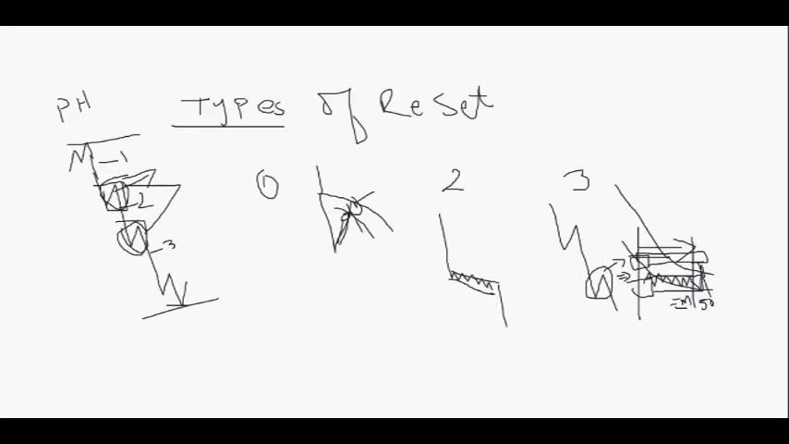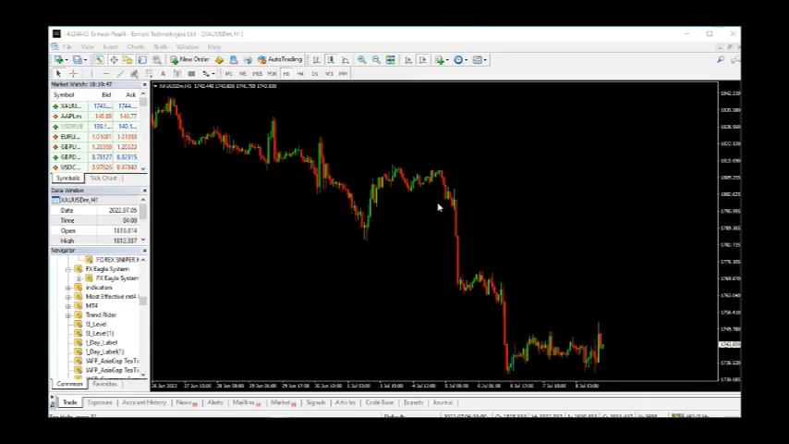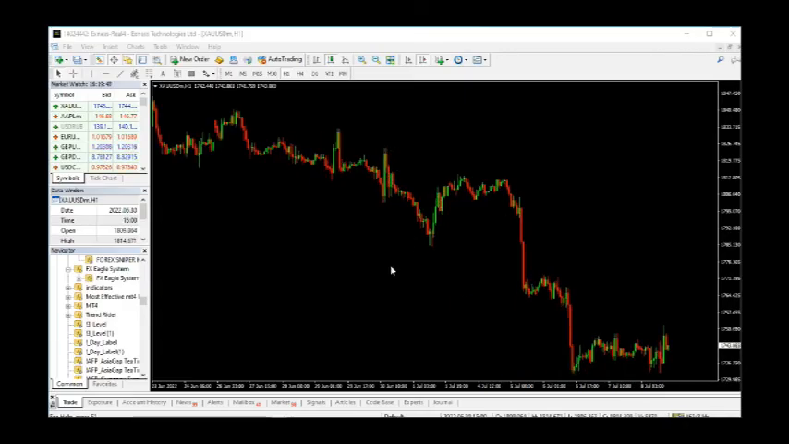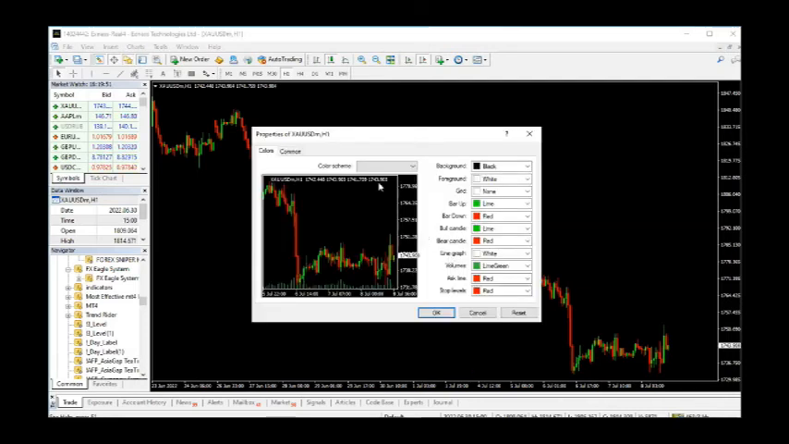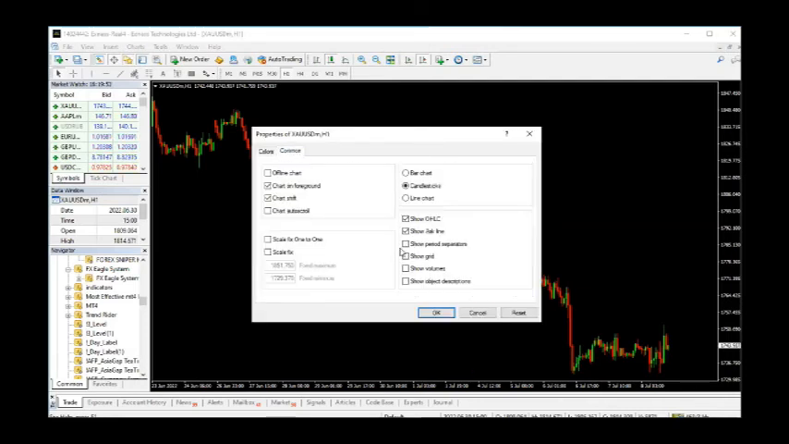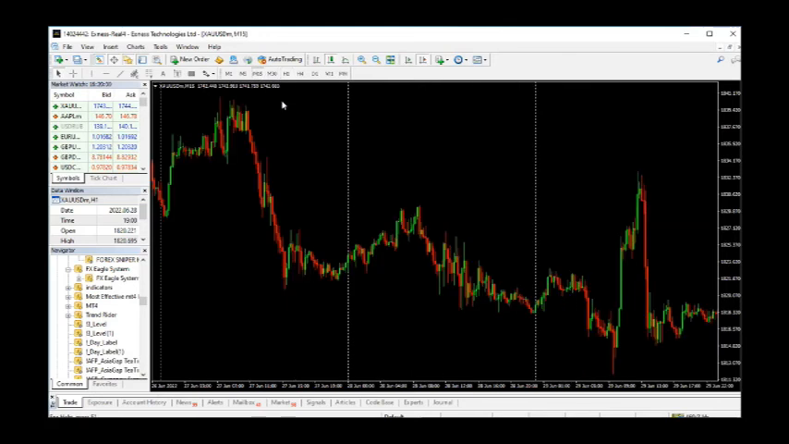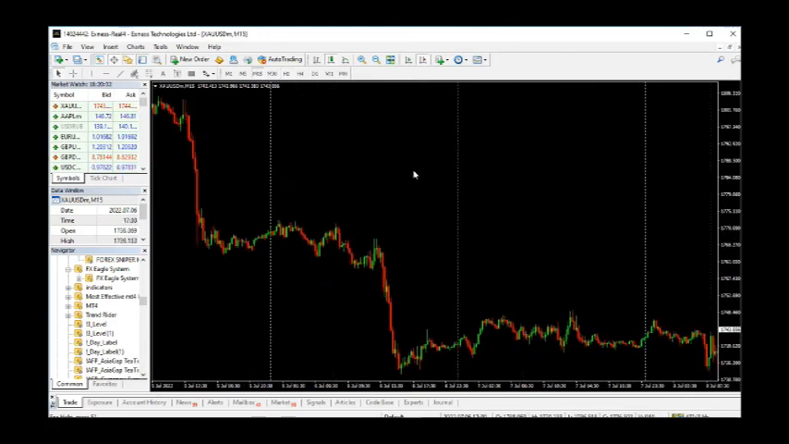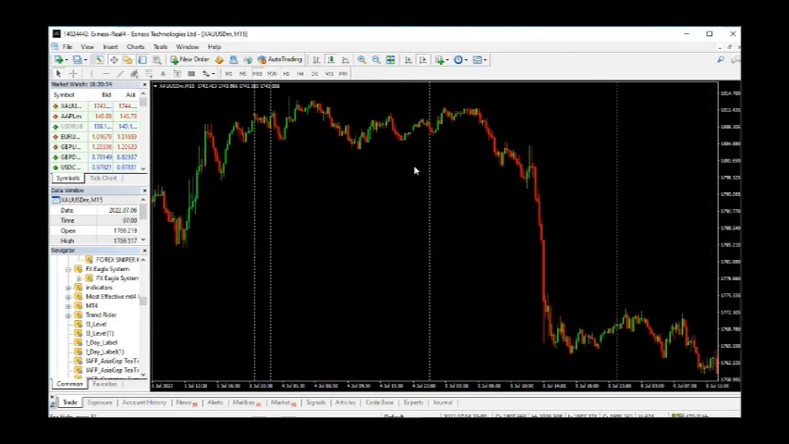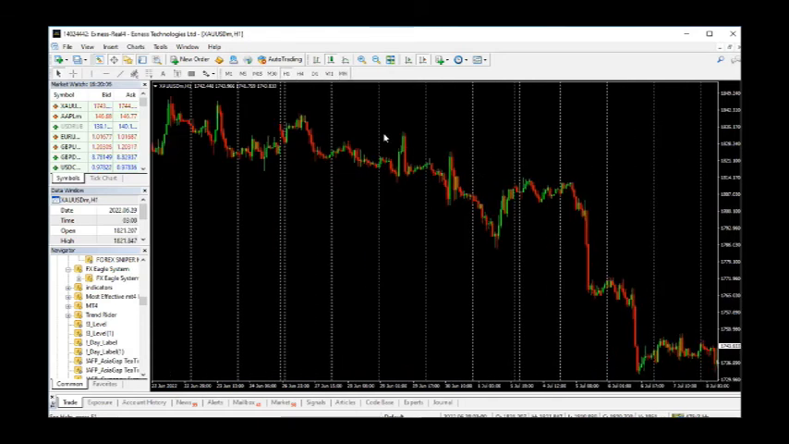To make this very easy, let me go directly to the chart so that you can see what I'm talking about. I want to insert the period separator so that you can see. Show the period separator. Now this is the period separator, and remember I'm on the M15, 15-minute chart. If I go to 1 hour so that you can see this one,